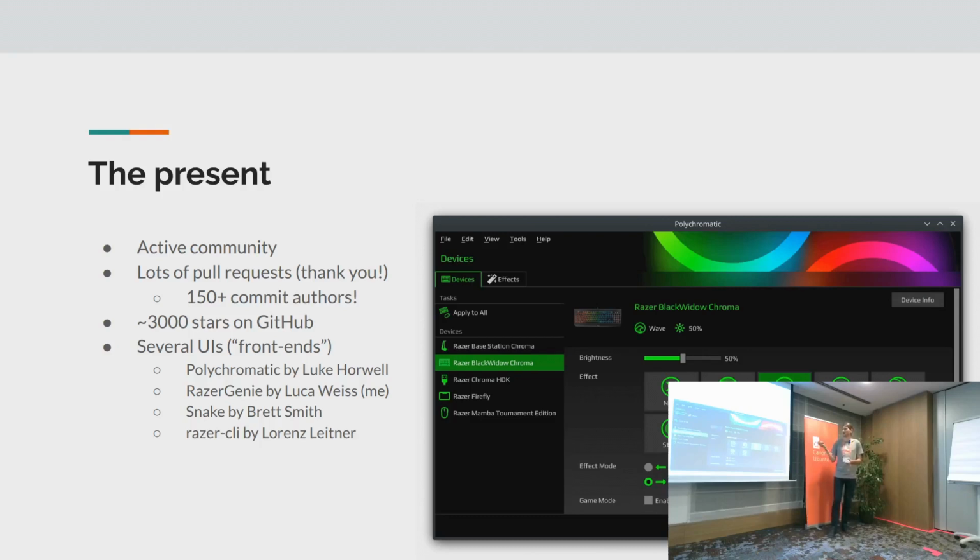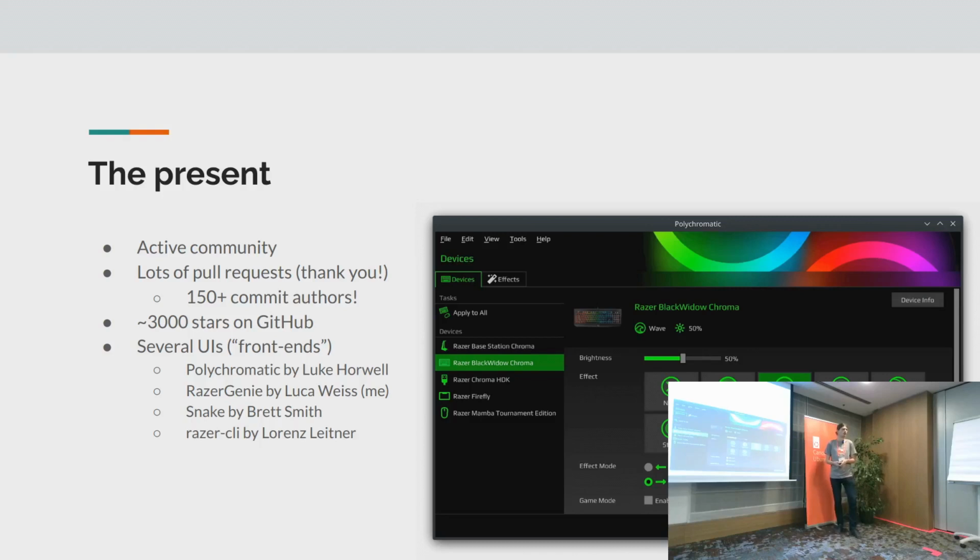We also have several frontends. Like in the diagram slide before, you saw Razer Shiny, which is mine, written in C++ and Qt. Then we have the wonderful Polychromatic one, which is made by Luke Howell. It looks really nice. He's really putting a lot of effort into it, and it's definitely the best one that we have.